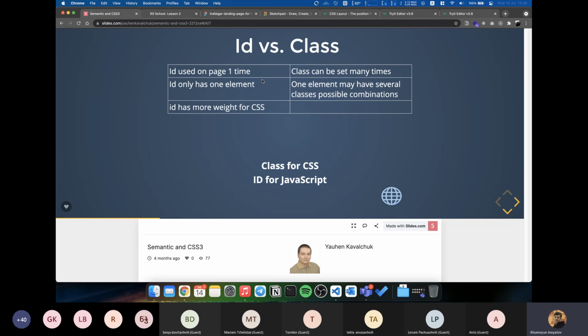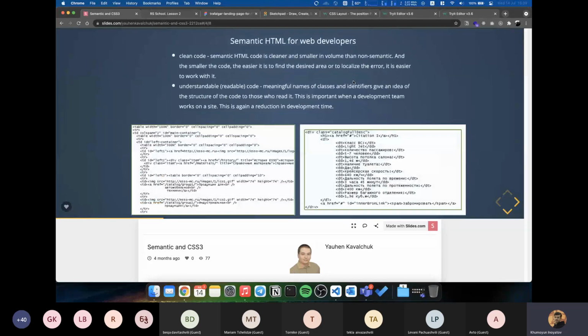And as I have shown you in the validation of our HTML code, there will be errors if you use the IDs more than one time. Also, ID has a higher priority than the class. As I have mentioned, we should remember and work with it like this. I remind you of this place,